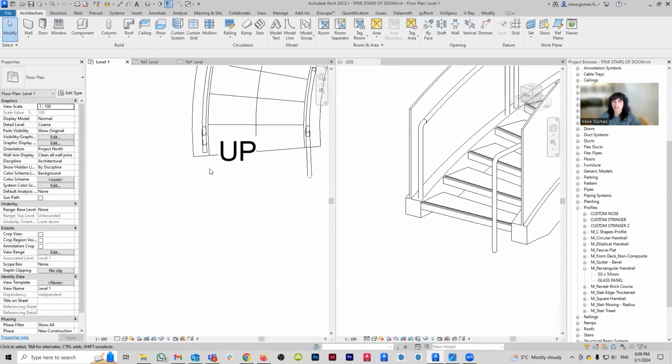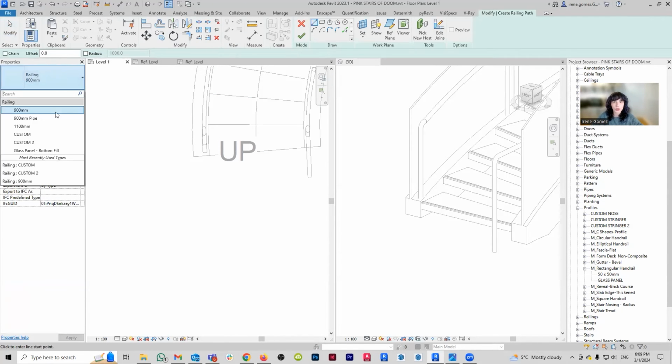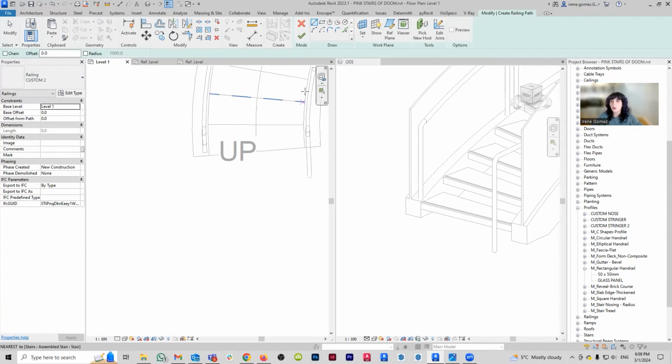The reason I'm doing this is because this portion of the rail is straight. It's not curved, it's not sloped, so it's a little bit easier to create a more custom railing. So I'm going to sketch my railing here, and choose my Custom 2. I'm going to have to play with this a little bit because I'm not entirely sure where it's going to place it. But I'm going to pick it up from here, and I can always change it if that's not the direction I wanted.